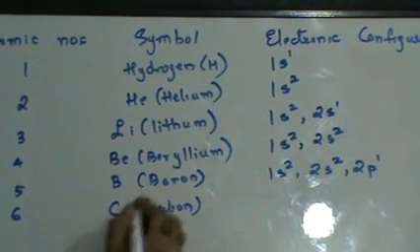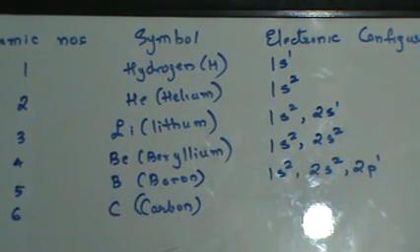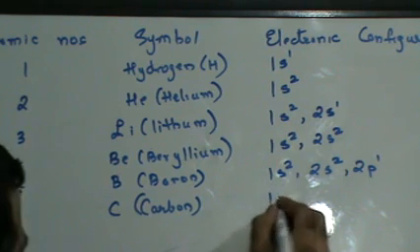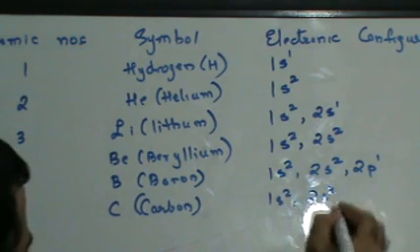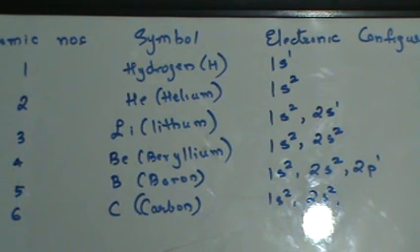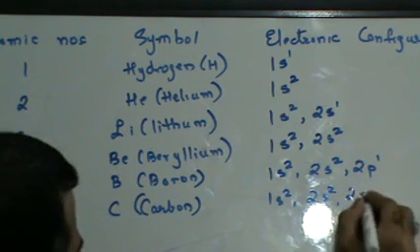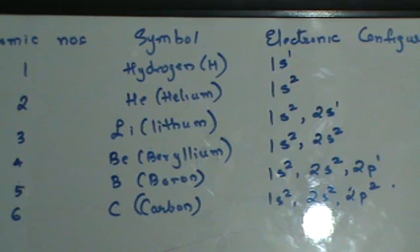Guys, try writing this. Carbon. 1s2, 2s2. First orbit can take 2 electrons. Both of them will go in the s orbital. Second orbit, the first 2 electrons will go in s orbital. 4 electrons are gone. 2 more electrons remaining, that will be in the p orbital. 2p2. 1s2, 2s2, 2p2. Right? Next,